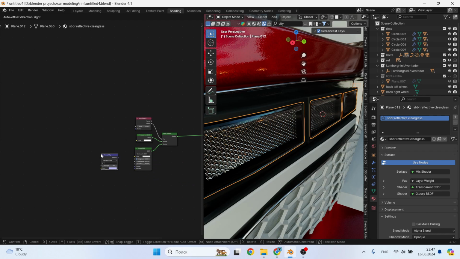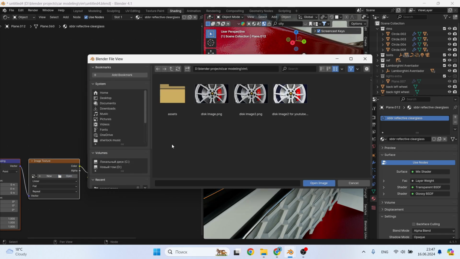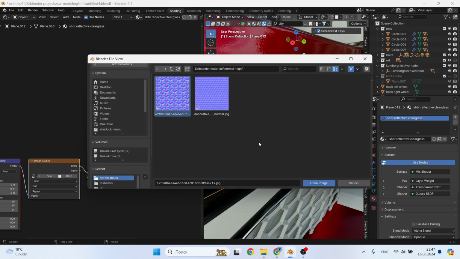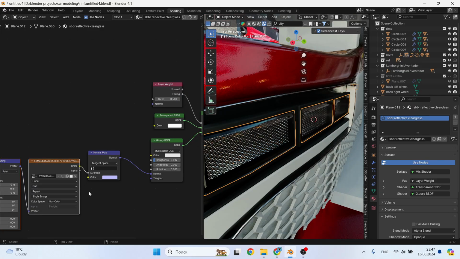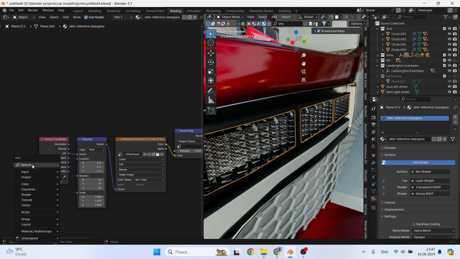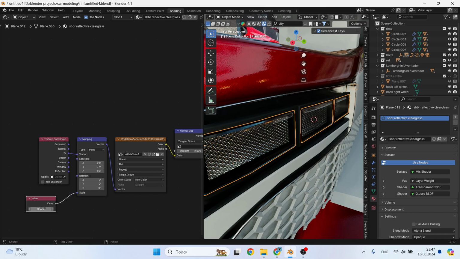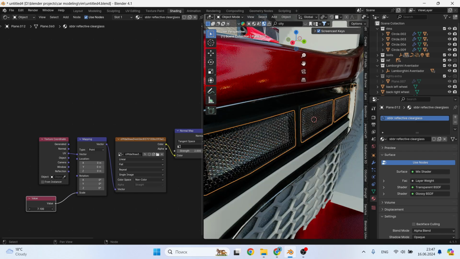We need to create a reflector, add a normal map and press Ctrl T, and Blender creates an image texture with mapping. For this, the Node Wrangler add-on must be enabled. I downloaded this from Google. You can use whichever you like best. We connect the color and add the value node in order to control the scale more conveniently. And do not forget to make a scan of our part. Very important moment to set image texture color space to non-color. Now the scale can be adjusted.